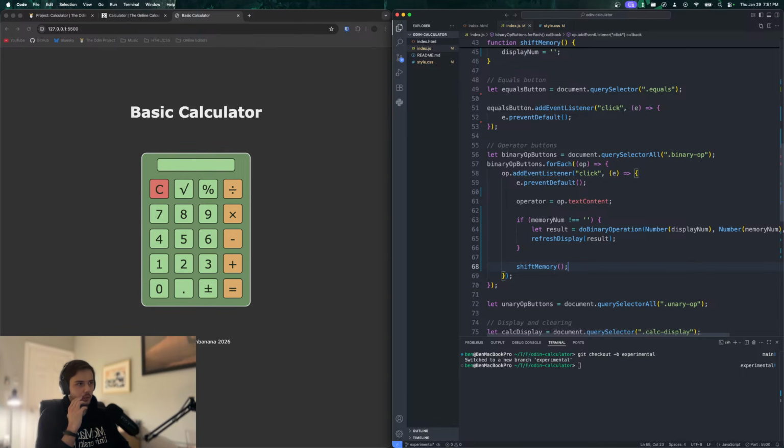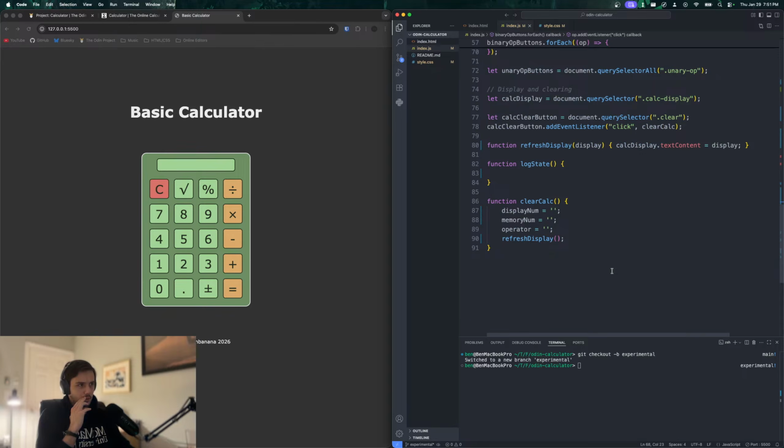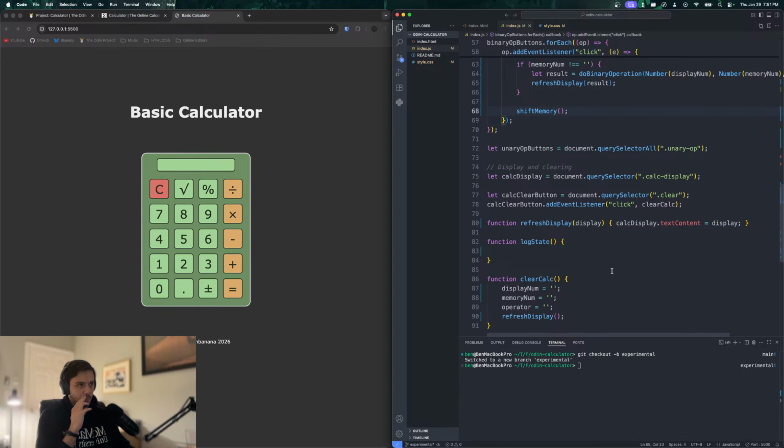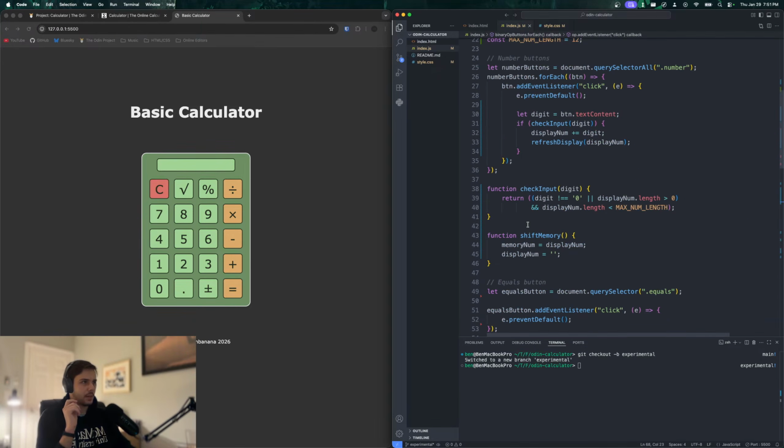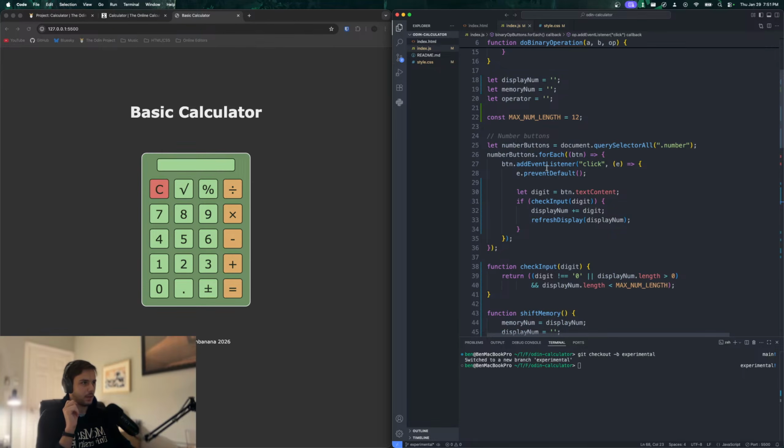Maybe update and refresh display. That's kind of what I'm going to do. I'm going to update it when a number is pressed, and I'm going to check whether or not something's in the